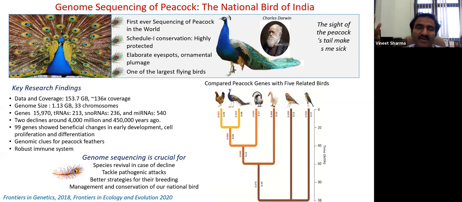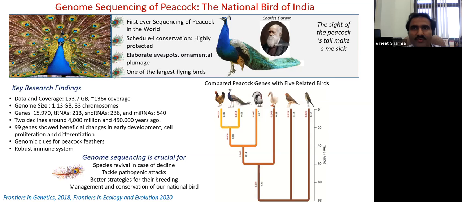It has such nice feathers and trains, and Darwin was also perplexed looking at this bird because it survived so long even though it cannot fly much and is very prone to predators. So what is the mystery behind this, the typical colors that we see in the